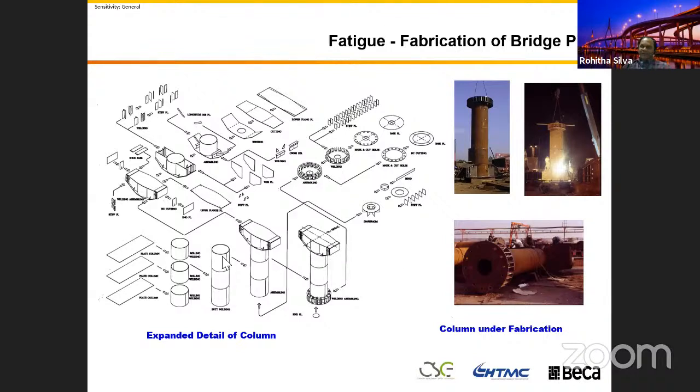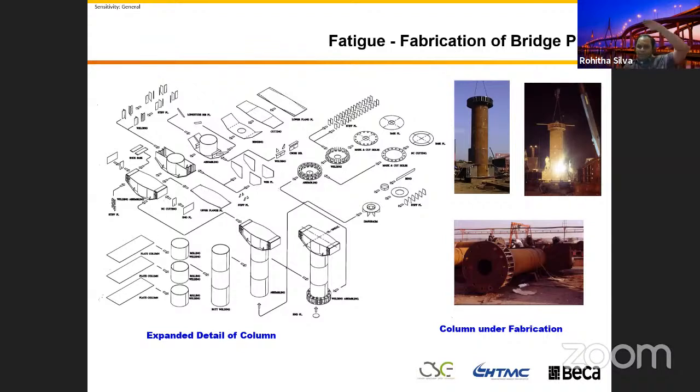So when you are detailing this bridge and when you let this element be in service, you need to make sure that you properly design and detail this whole structure for fatigue. It's not that simple and straightforward. I will give you a very simple example, the pipe section, the column section. You got the piece of paper. If I could give you the exact number, the width of this